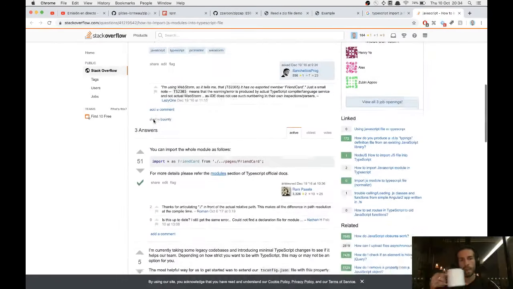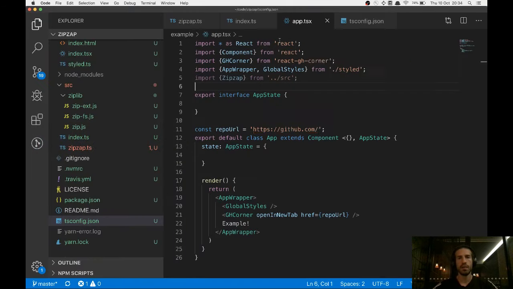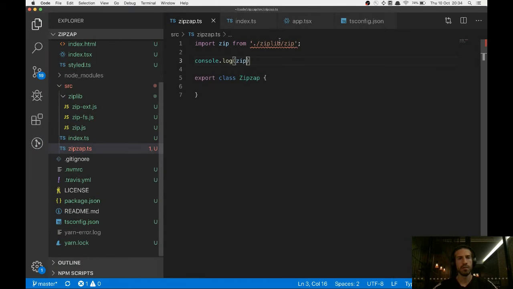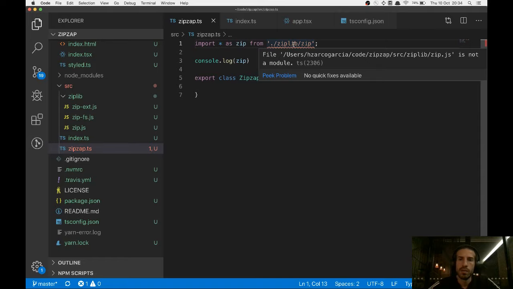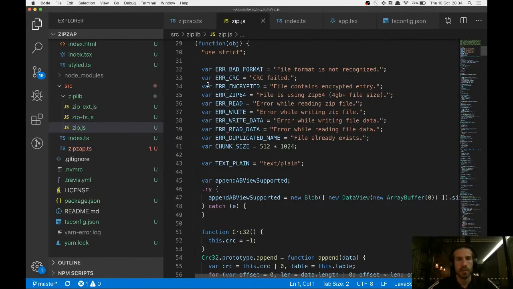Strategy. Okay, I've seen this in the past, the wildcard thing. Yeah, let's just try it. I think this is still complaining. So if I go here, yeah,